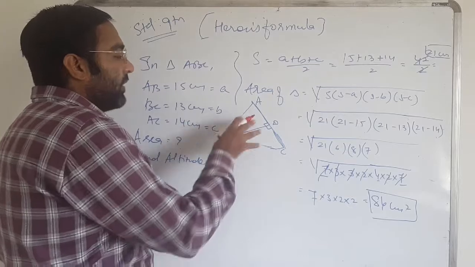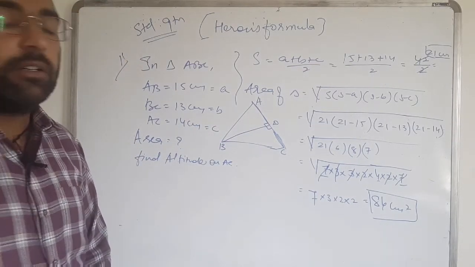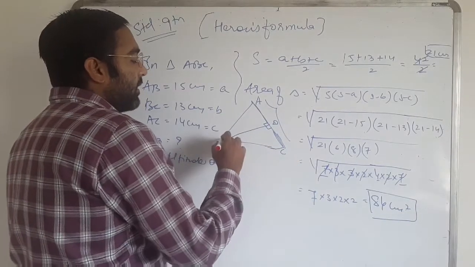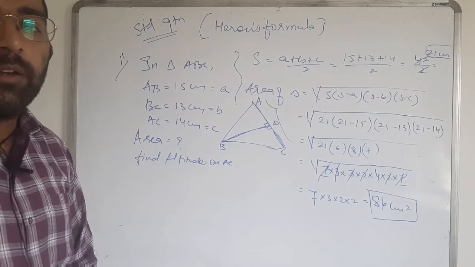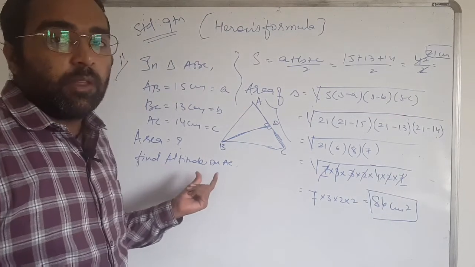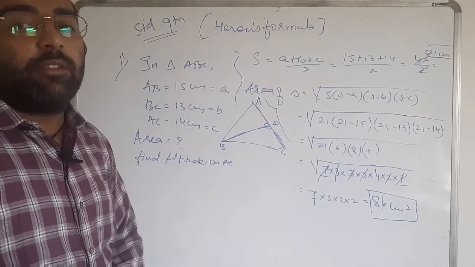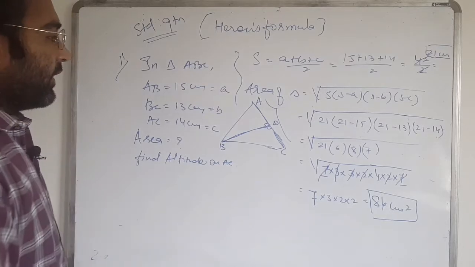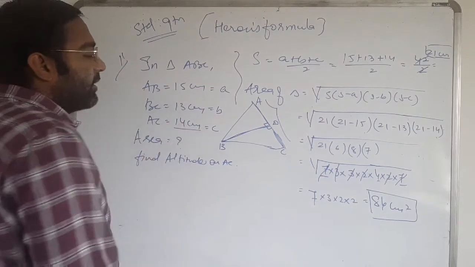As per that, we have to take the area of the triangle as half base, that is AC, times height, that is BD. You can take the area of the triangle like this when we take the altitude on AC or any one side. Now the area of the triangle ABC is half base into height. Here my AC is given, that is 14 centimeter.